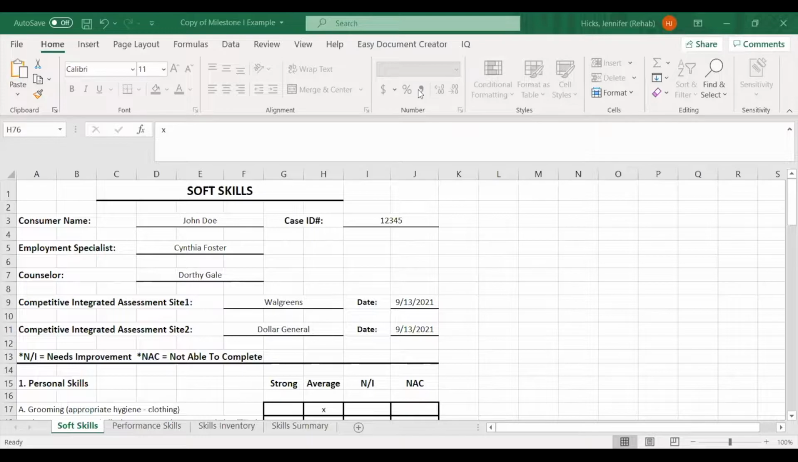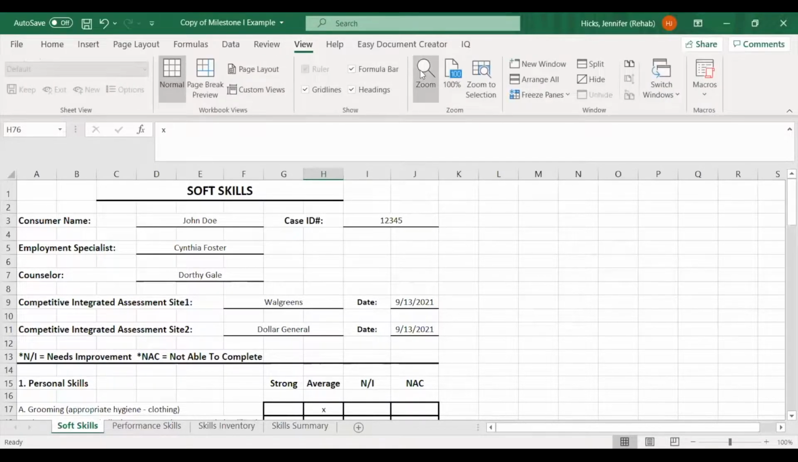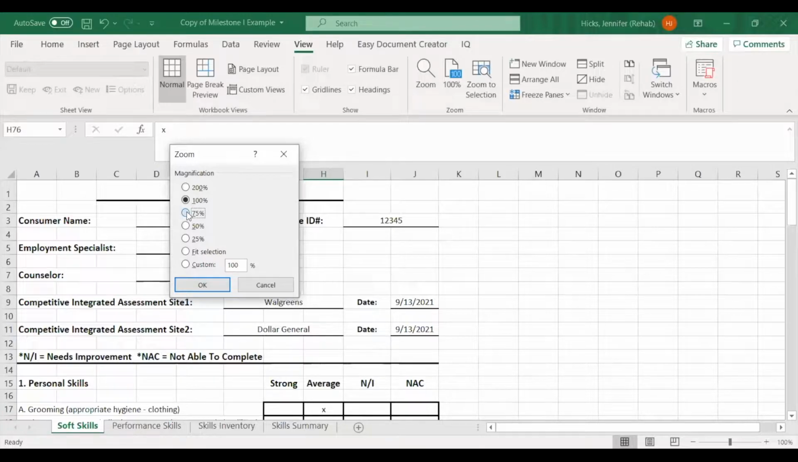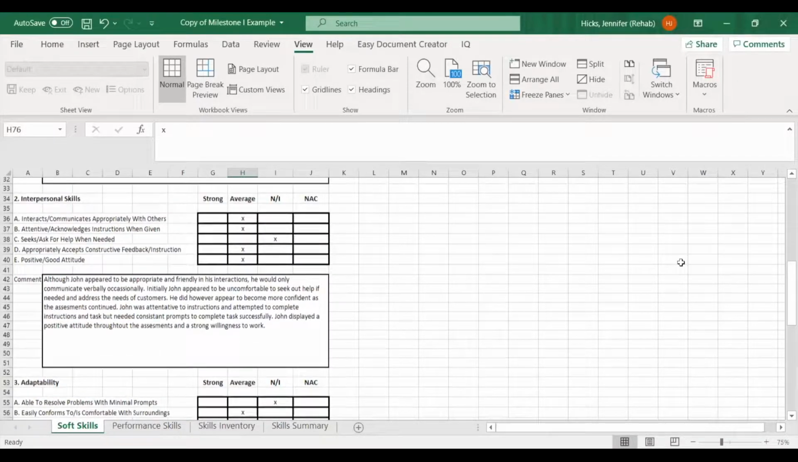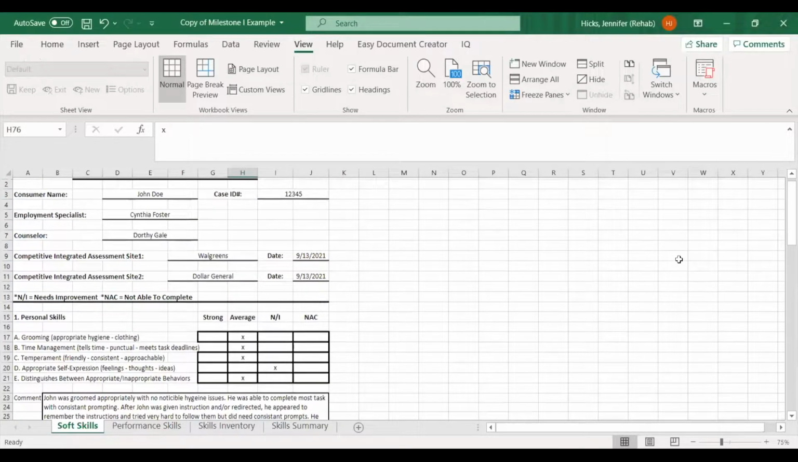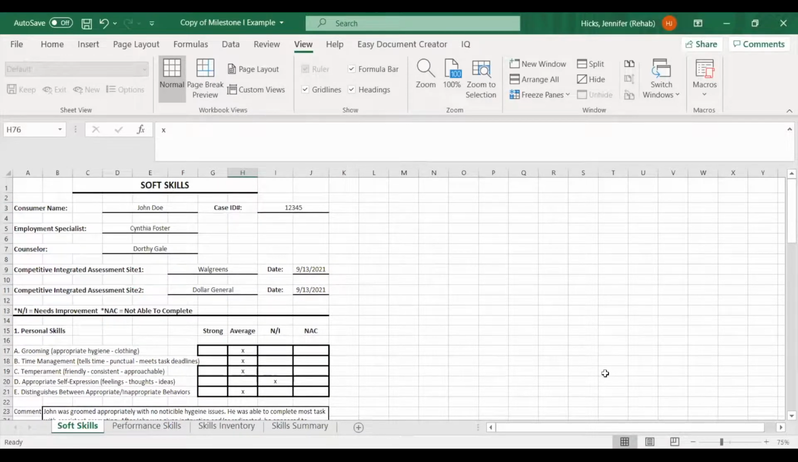Milestone 1, assessments. Again, you're looking at 3 main parts. There's 4 parts, but when we're training, we like to explain it in 3 different parts. You'll see the tabs down there at the bottom of the form, but basically you're starting out with soft